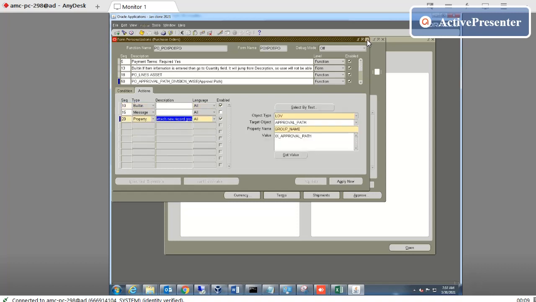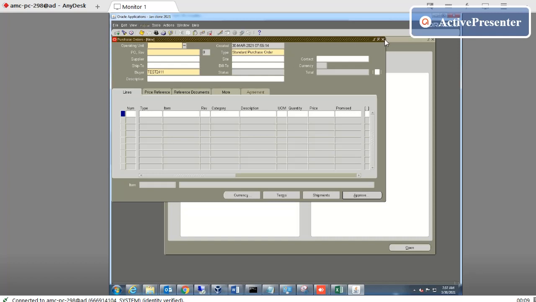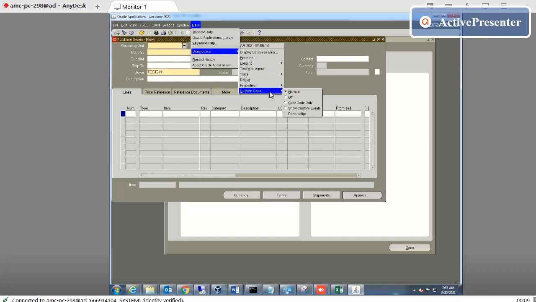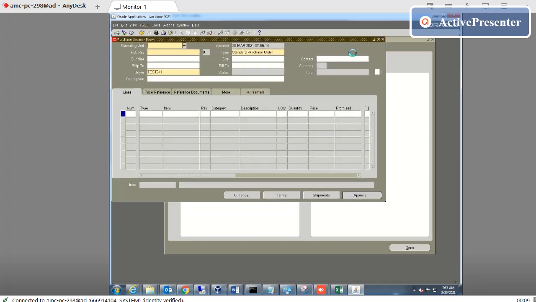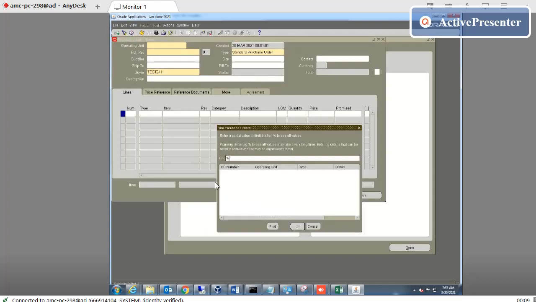So this one, if I make a custom one, I go here, I open this one.